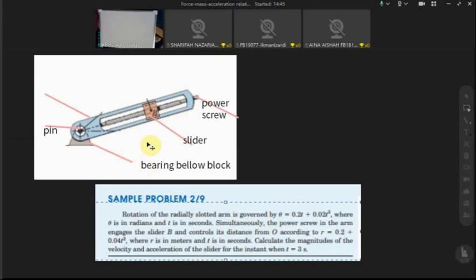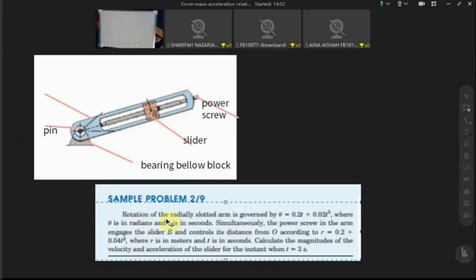Right, so these are the components of the system, and in this system, the bearing pillow block will be stationary, right? And the pin is also stationary. It allows us to attach the whole system here to the bearing pillow block so that the system can rotate around it. So the first thing that we need to do is to label the system to solve it. So we need to know what the problem is for this case.